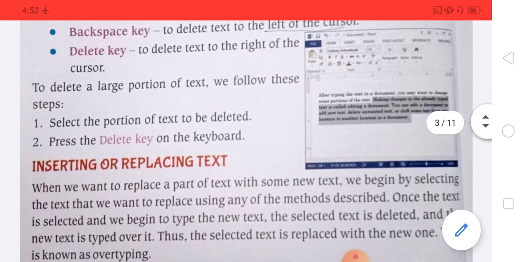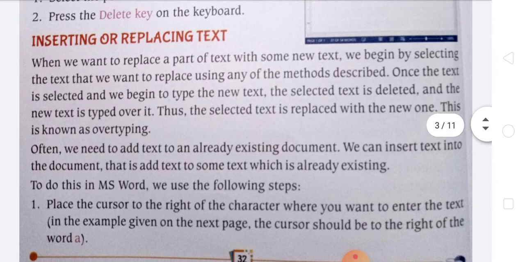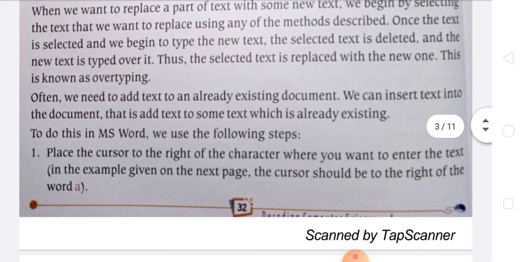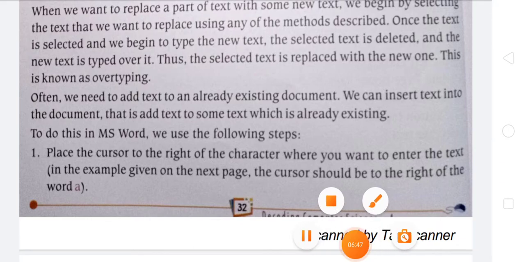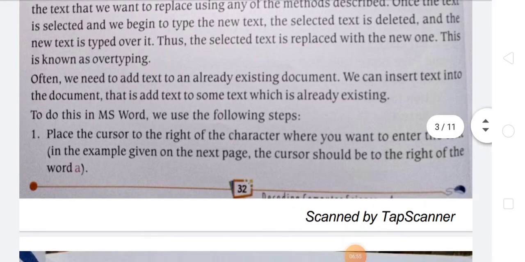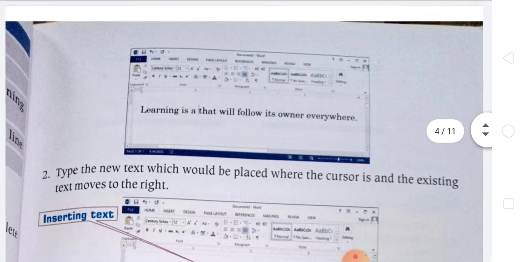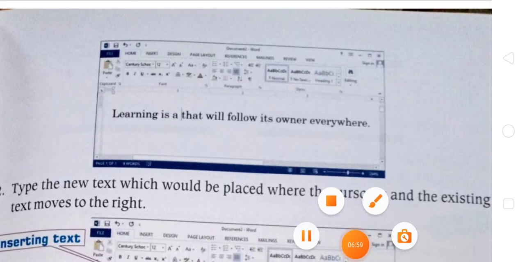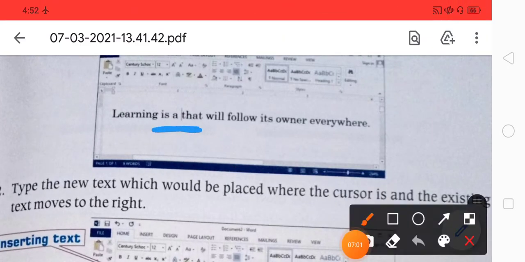Then inserting or replacing text. How to insert and replace a text? Place the cursor to the right of the character where you want to enter the text. For example, given on the next page, the cursor should be to the right of the word A. Here the cursor is here.